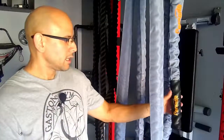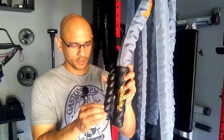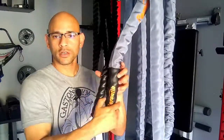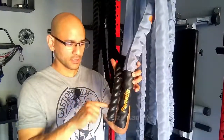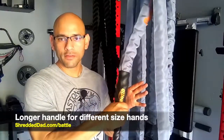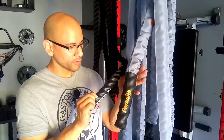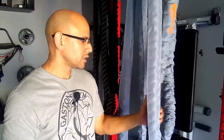layer of protection. Now if we compare here as far as the handles, as you can see over here, this one has a longer handle. Okay, so it's going to give you more surface area to grip. This one is a smaller handle. This one's about 6 inches, and then this one's about 8.5 inches. So this is a good option for people that have bigger hands. They have a lot more to grab, and these are both heat shrink over here on the battle rope itself. But this one definitely is more durable. It's going to last you a longer period of time, and it's going to give you more of a challenge